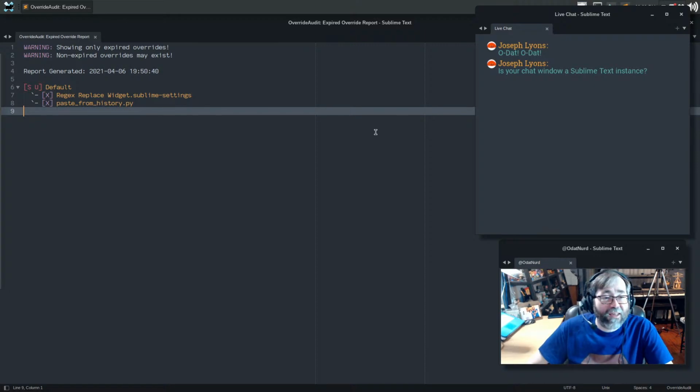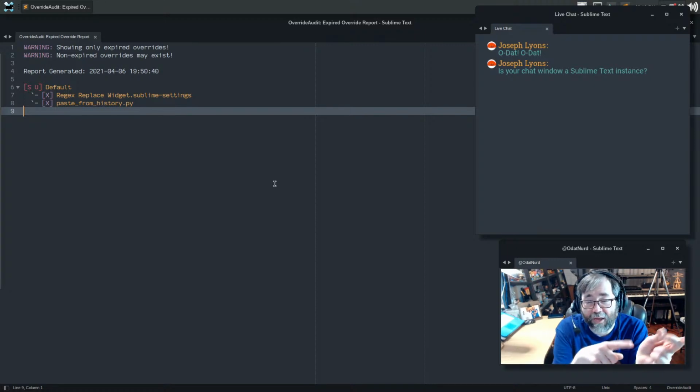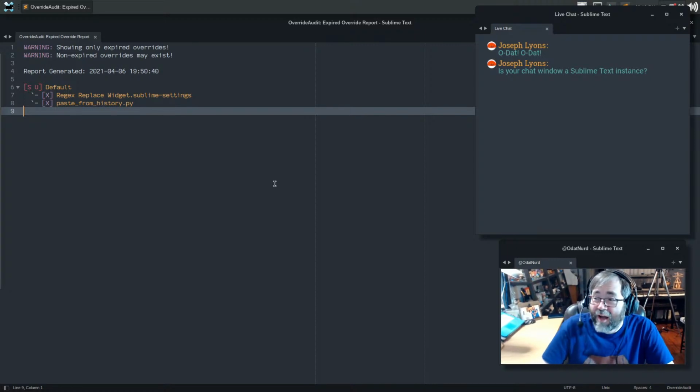And also, I left this here because I am running build 4101. I skipped right over build 4100 because it came out one of those days that I was busy not being anywhere near my desk. If you're not already using Override Audit, this is a good reason to perhaps have something like that. I got to point this way to point at the stuff that is for me up there. That's weird. But yeah, I have a couple of manipulations in...